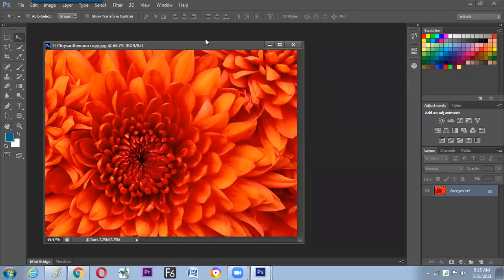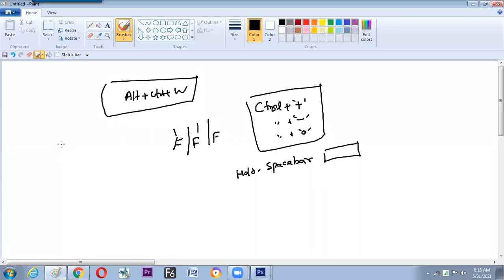So this is the first thing to be done for safety: duplicate the file, close the original, and save the duplicate. So these three steps make our processing without damaging the original photograph.